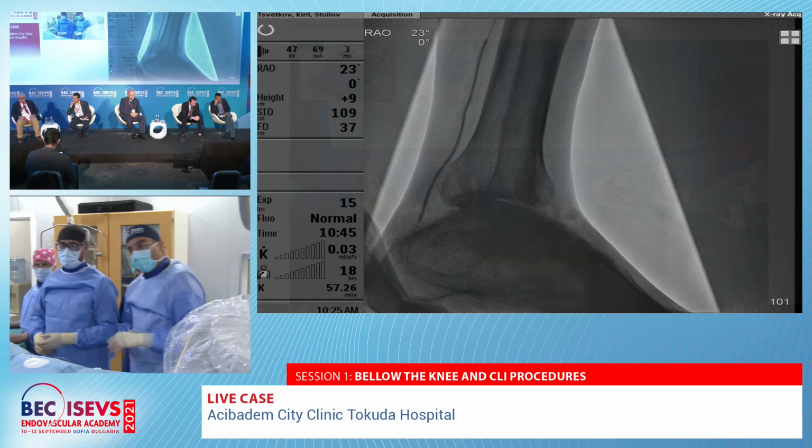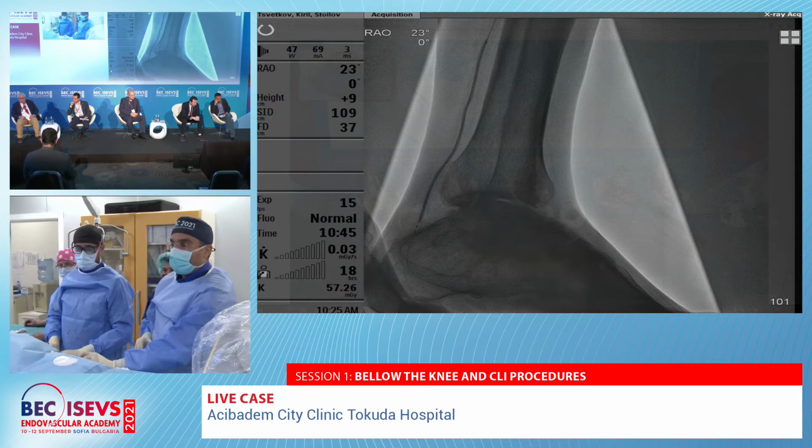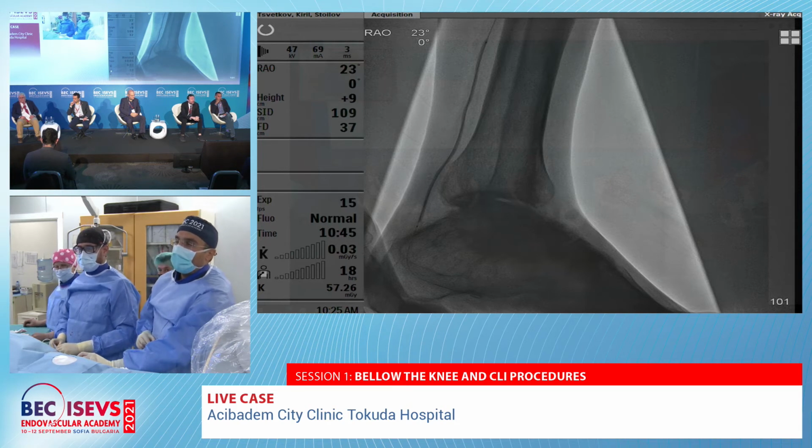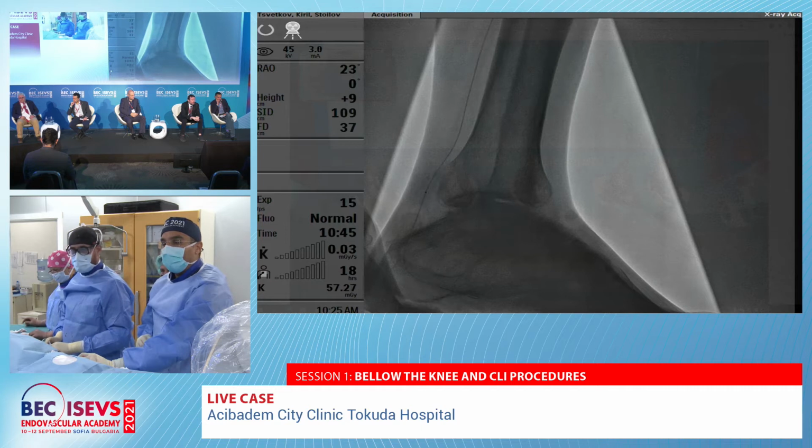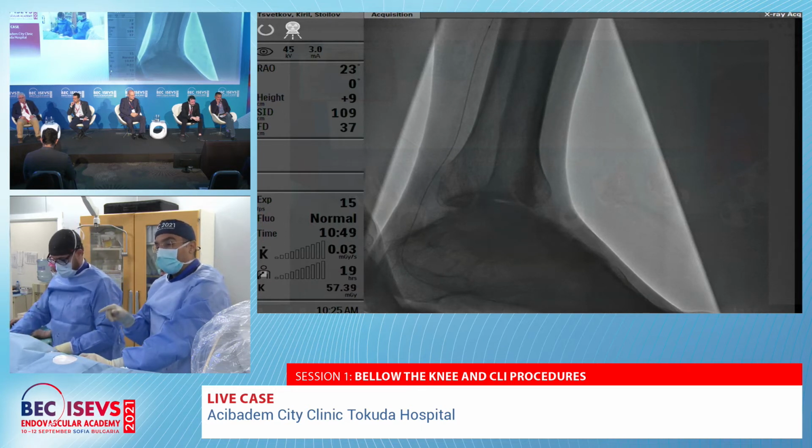I cannot recall how much is a gram. I mean, what is the weight of the wire? It's about 4 grams, I think. I think as well. And in our opinion, this is one of the best wires to really advance through